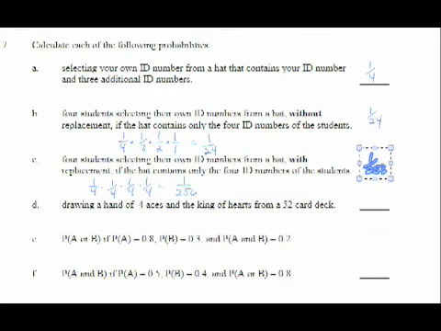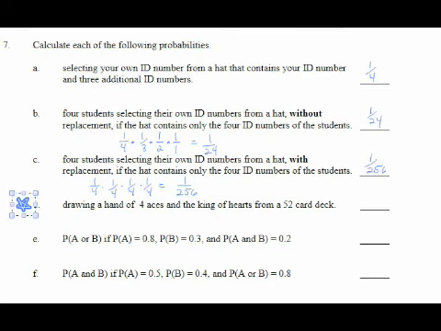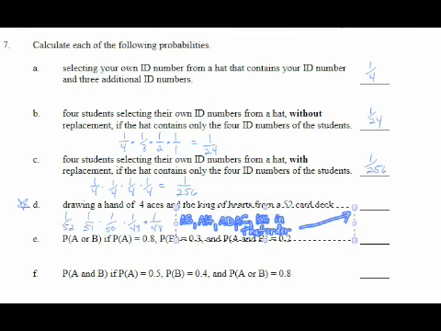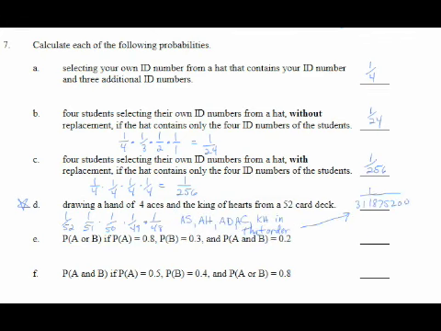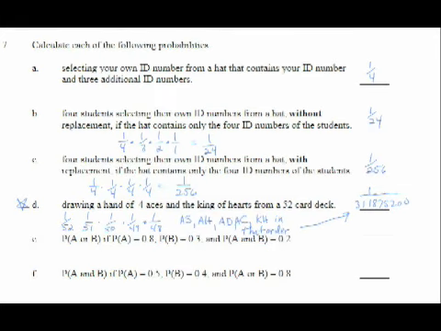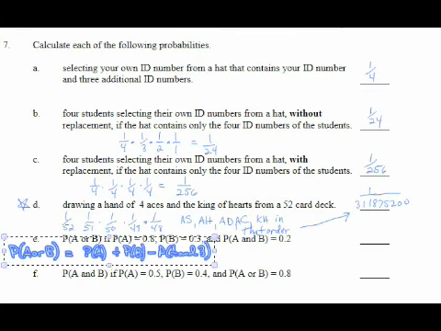For part C, you simply multiply 1/4 for each person because the probability doesn't change since you are replacing the numbers. For D, this problem would actually be more difficult than something we'll look at for this test because you'd have to look at all the different ways you could arrange those selected cards. But if you just did them in a particular order, it would be 1 out of 52 times 1 out of 51 and so on for 1 over